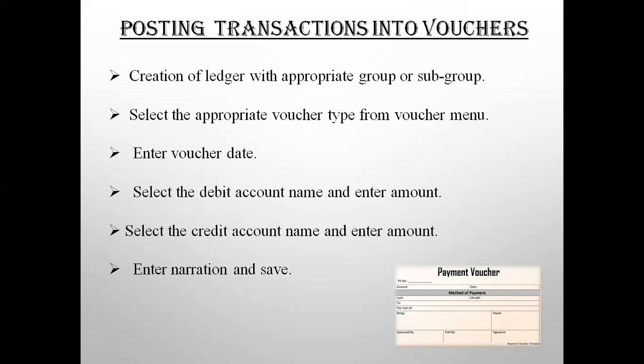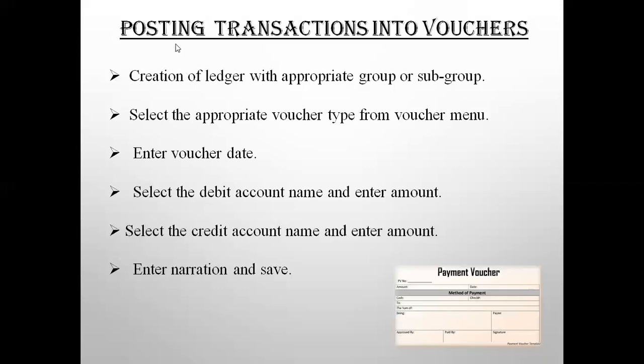So while recording a transaction through the voucher, the account is to be debited and credited along with the amount. What will come in the debit part, what will come in the credit side, that has to be identified first. We can type narration, which is optional here. We can add any number of debits and credits extra in the voucher entry depending upon the transaction. So all these points are to be followed step by step.